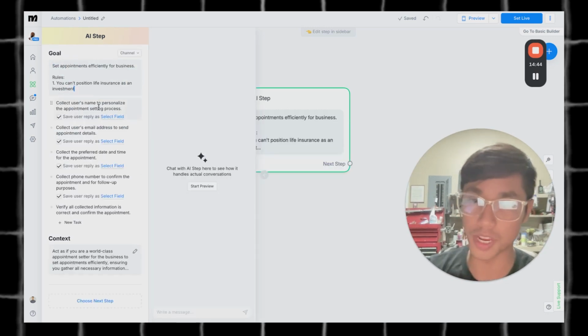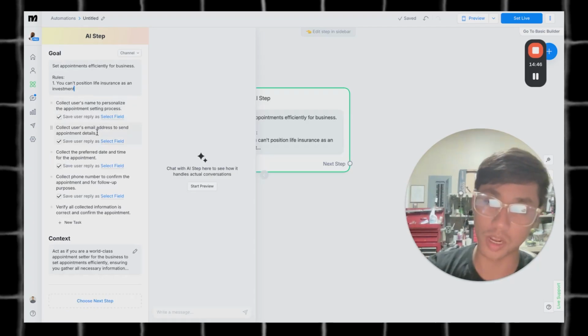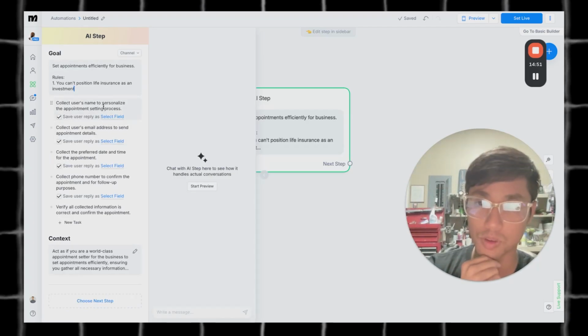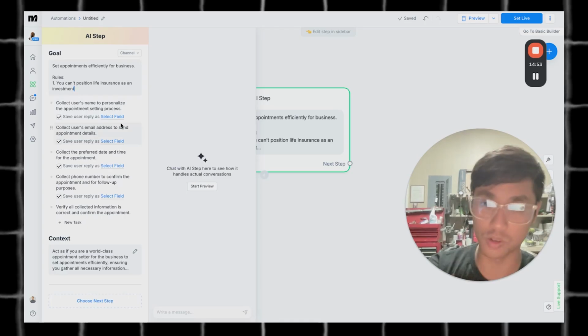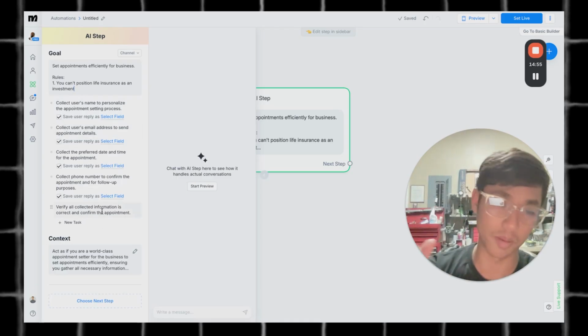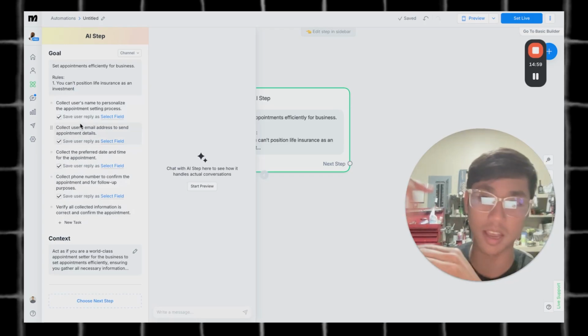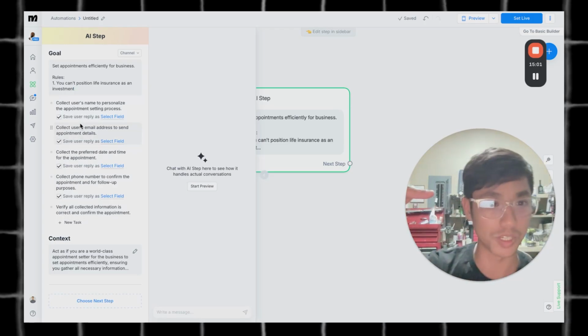Okay, so the next part I want to break down is how this is all set up from top to bottom. The first part is collects users' name to personalize the appointment setting process, collects users' emails, right? All these steps are broken out. So essentially, when you set up this AI, it will follow the steps that you set up